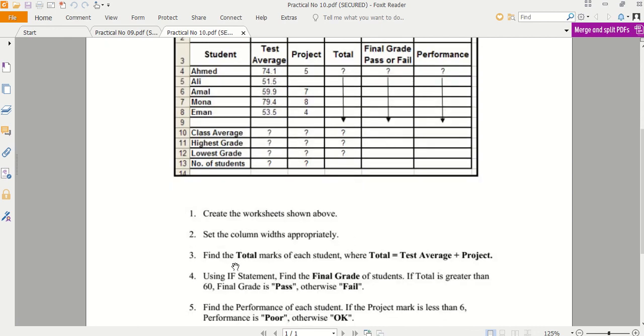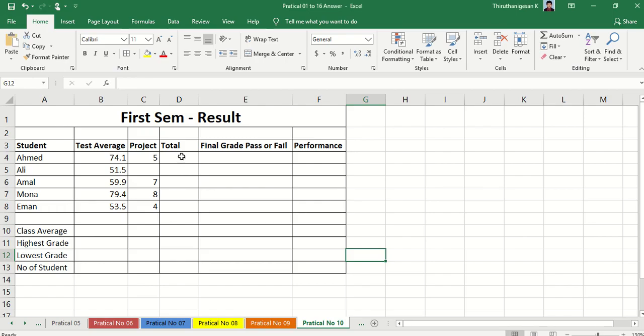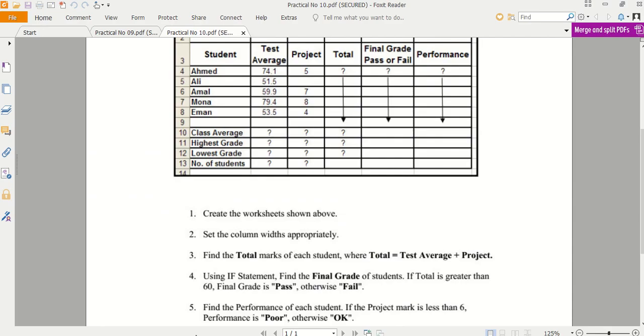Then you want to calculate the total. Total is equal to test average plus project marks. So first we'll calculate the total. So here, total is equal to test average plus project. Then